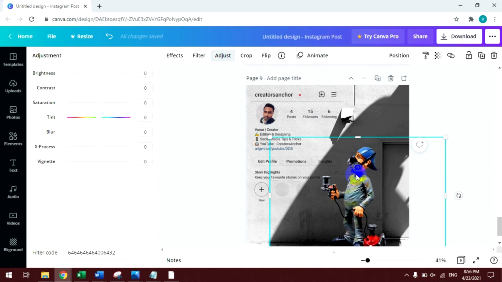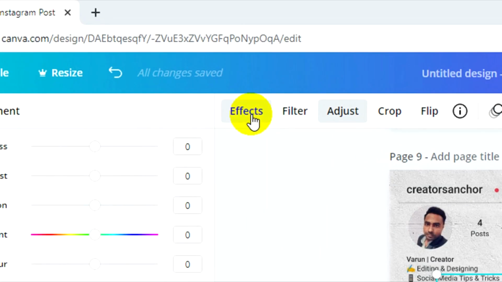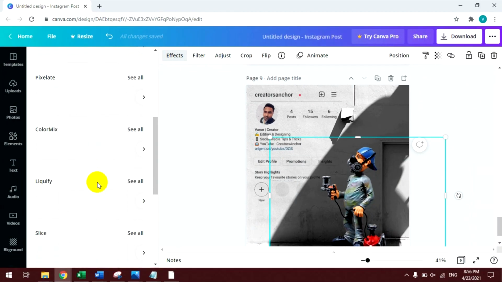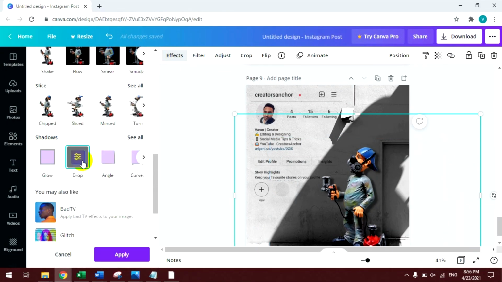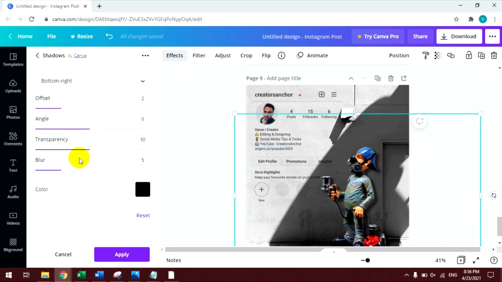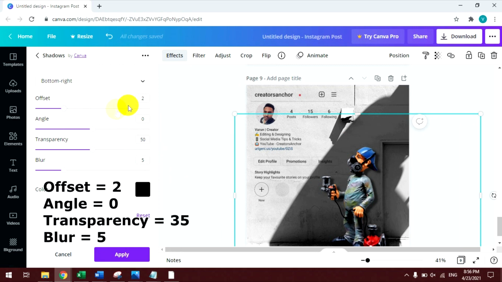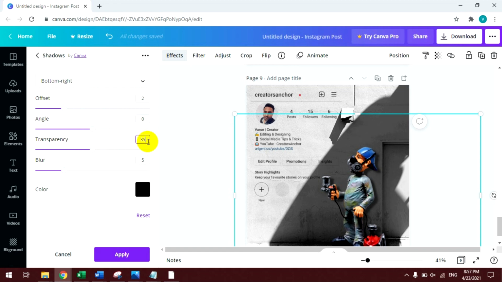Just click on the image and go to effects, and then scroll down and click on shadows drop, and if you click it again, you can change settings. Offset 2, angle 0 is okay. Transparency I think 35 will be good, and blur is 5.